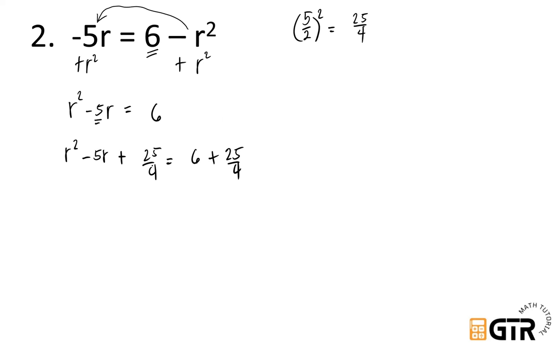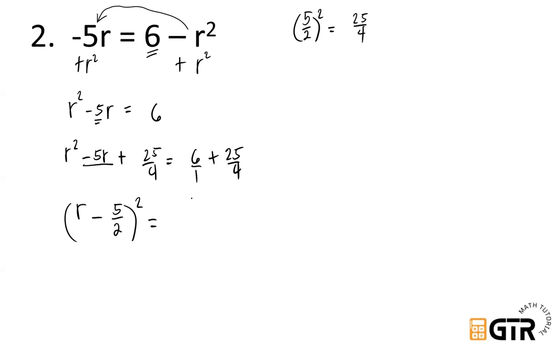So ano ang factor nito? So as square of binomial, kunin nyo lang ang square root nitong first term and last term. Square root of r squared, that is r. Square root of 25 over 4, that is 5 over 2. Square root of 25 is 5. Square root of 4 is 2. The sign will be negative. So susundin natin yung sign nung 5r, that is negative. So ang square of binomial niya is r minus 5 over 2 and then square equals, so mag-butterfly technique na